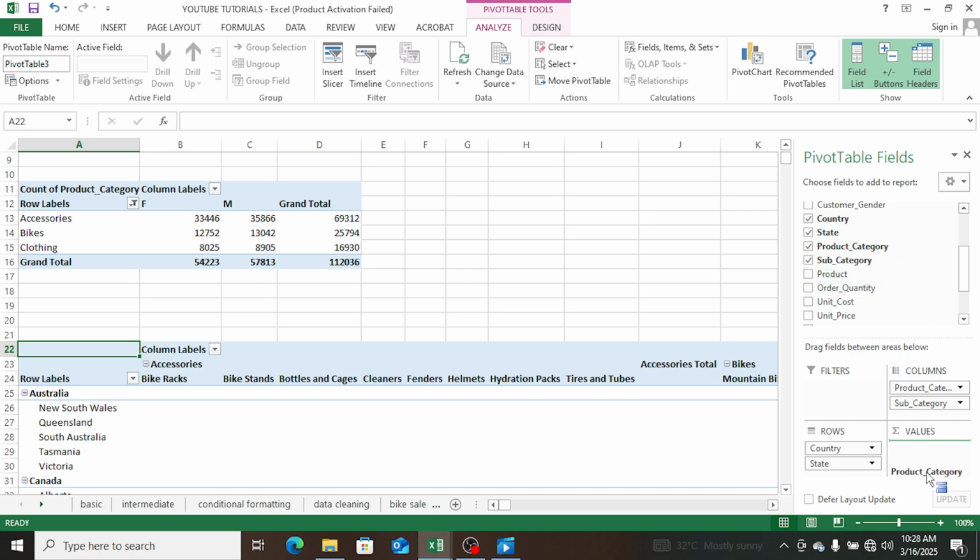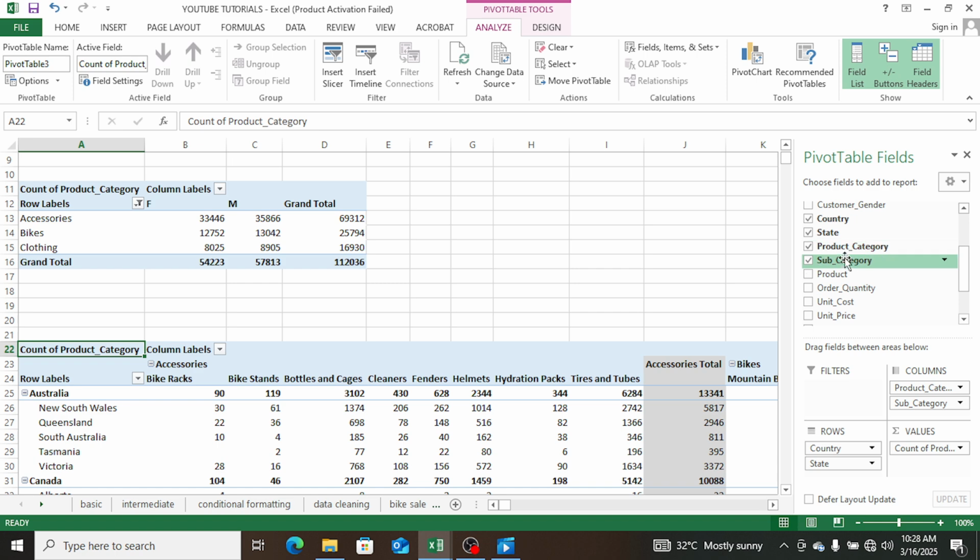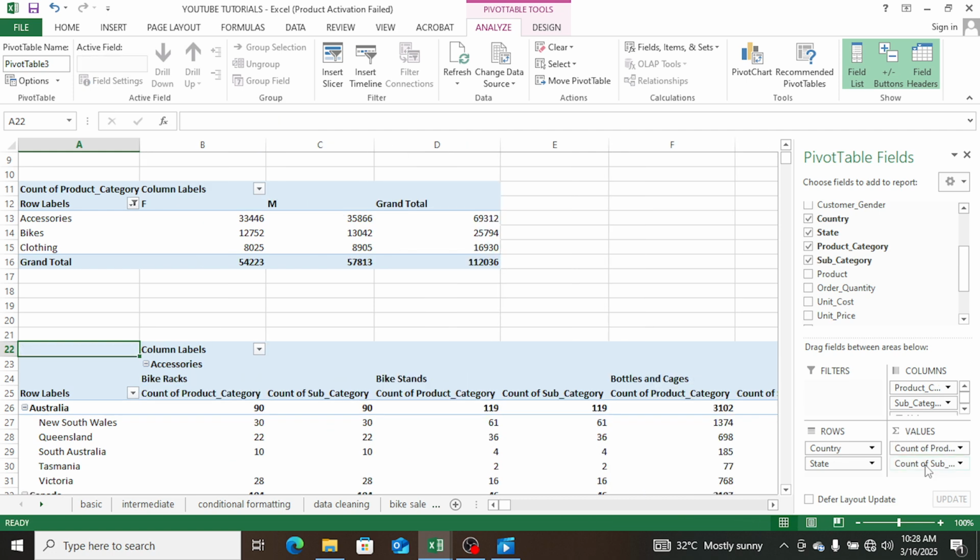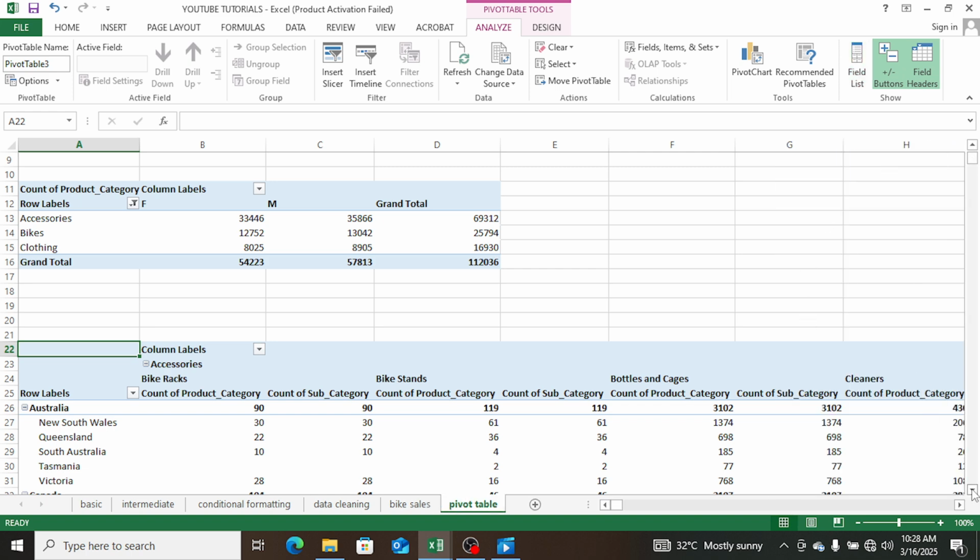So let's put product category, value, sub products. So that is,